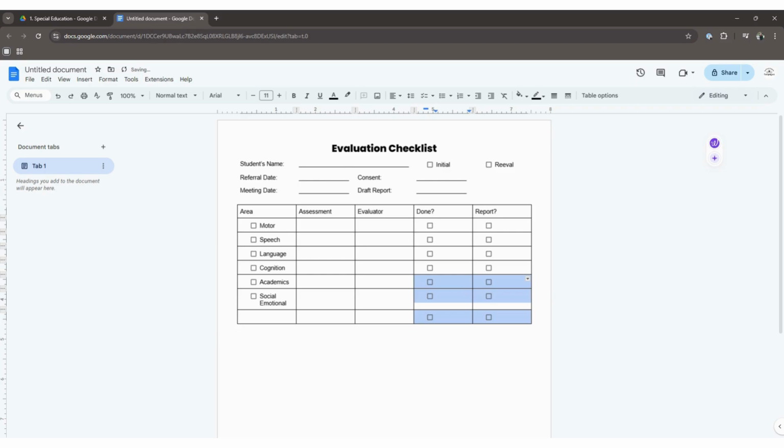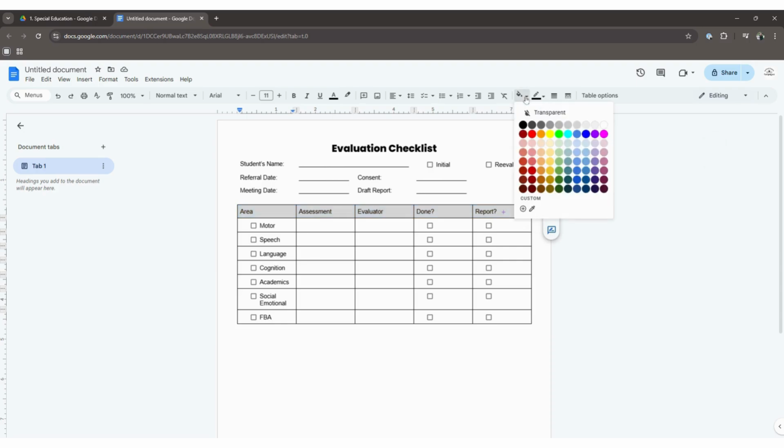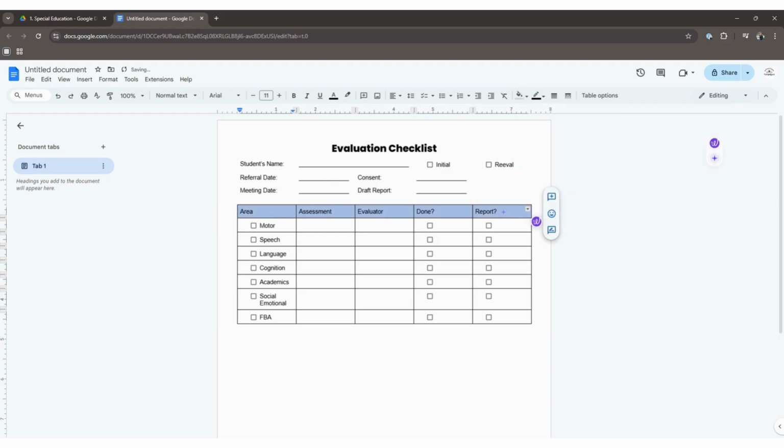So I'm just going to Control C and then Control V to paste those throughout. And then let's say there's another checklist here. Maybe this is for maybe a functional behavior assessment. Okay. So then going from here, I would make this maybe a little bit prettier just so that it is prettier to me. So I would come up here, highlight those different cells. Maybe I'll make this gray just so it looks more like a header. And then throughout